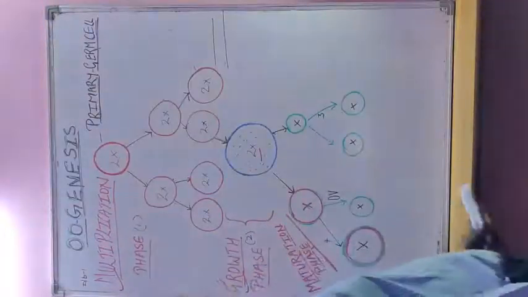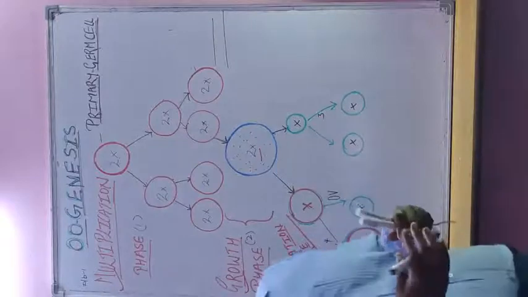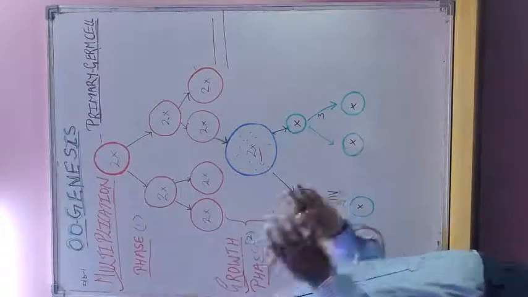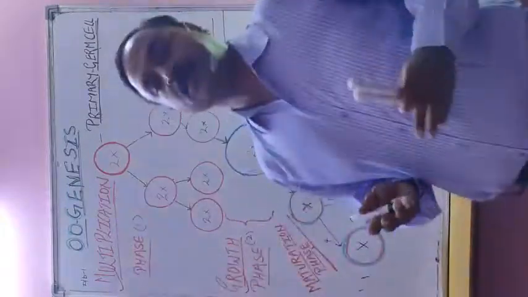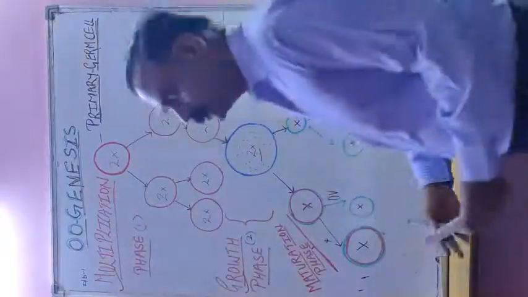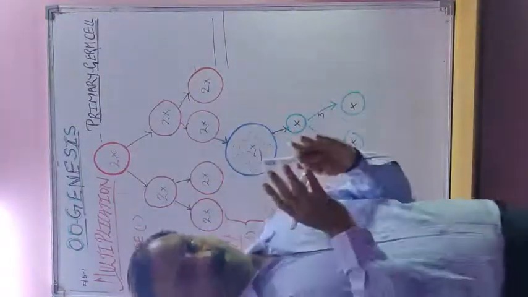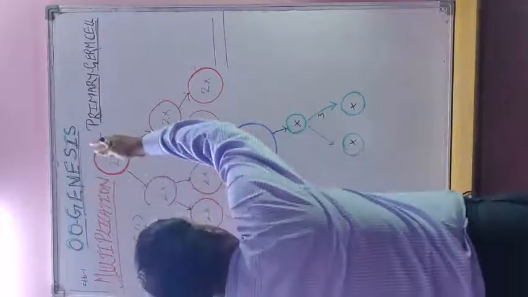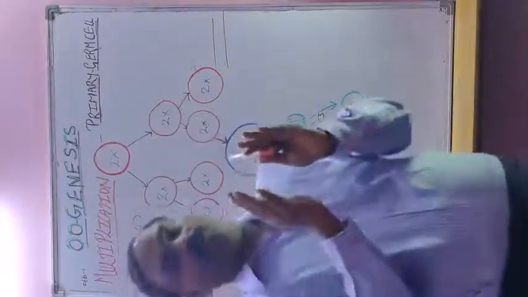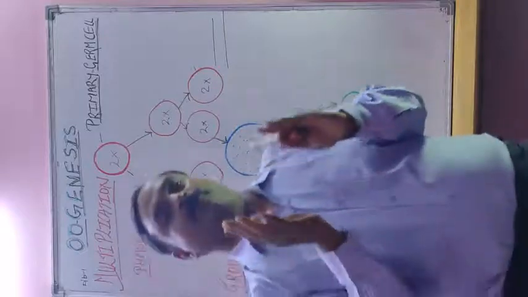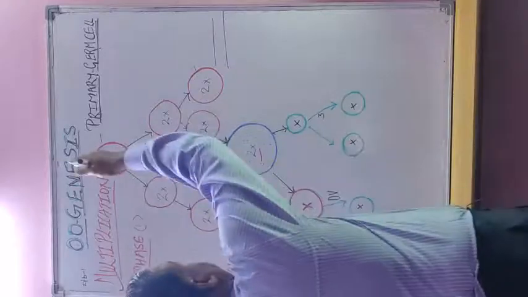Student, the second parallel and opposite process to spermatogenesis is oogenesis, isn't it? Either they ask you to explain spermatogenesis, the stages of spermatogenesis, or oogenesis. Otherwise, they can ask you to differentiate between spermatogenesis and oogenesis. So now when I explain oogenesis, you try to find out the differences. Biology has one advantage: it is a diagrammatic subject, and sometimes a diagram helps you in memorizing many topics. So you try to sort out the differences, isn't it?